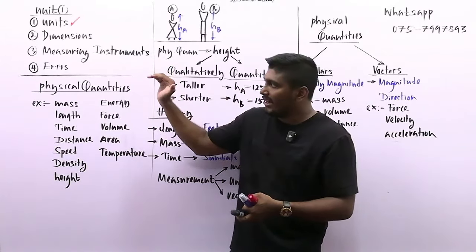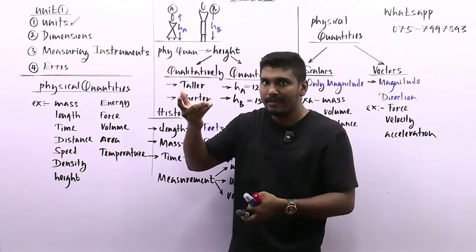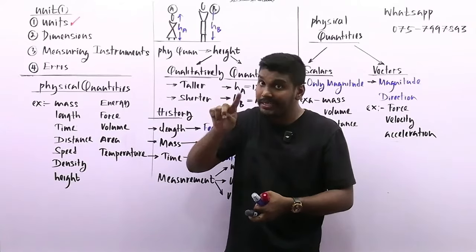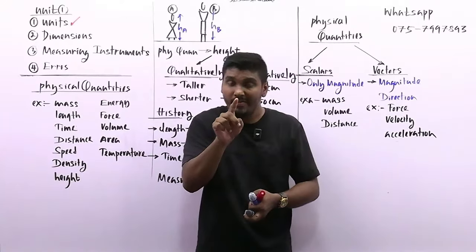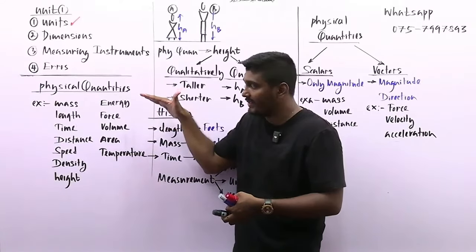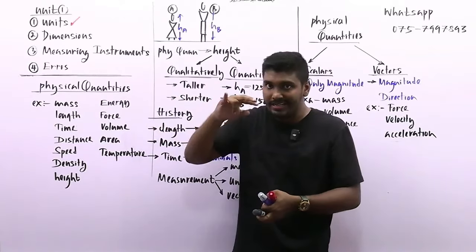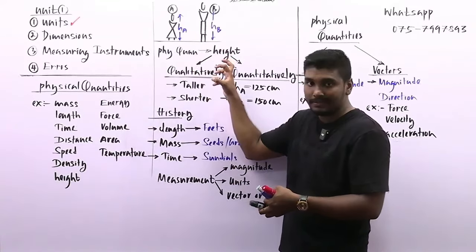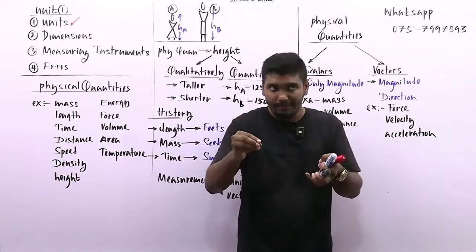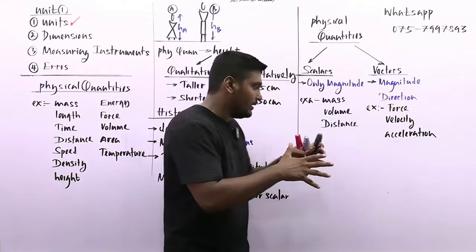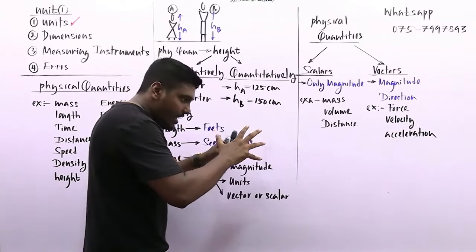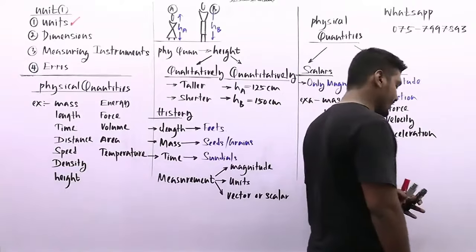Now just go from the beginning. We started with physical quantity, then we know what a physical quantity is, right? Any changes happening in the surroundings, if you can measure them directly or indirectly. Then we identified plenty of changes, plenty of physical quantities. Then what do you mean by directly measuring, indirectly measuring? Qualitative, quantitative ideas. Then we talked about some history of the importance of a unit. Then we came to the nature of a physical quantity, vector, scalar, that idea also clear. And now I think step by step we can go to the next stories.